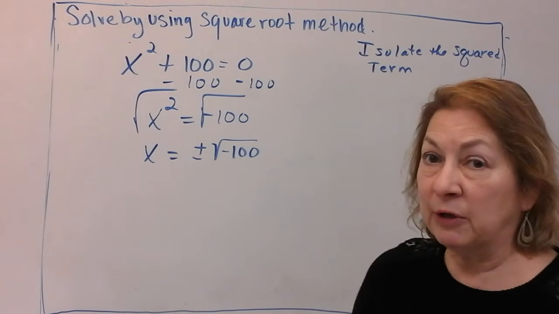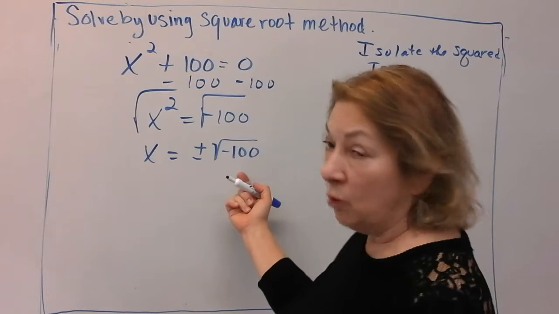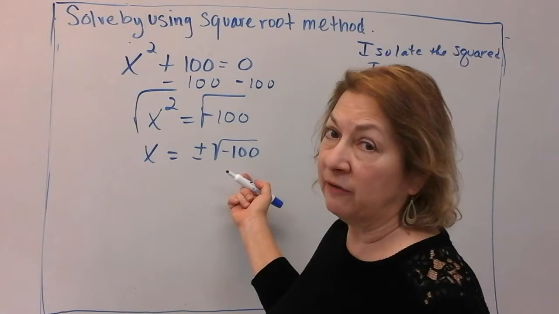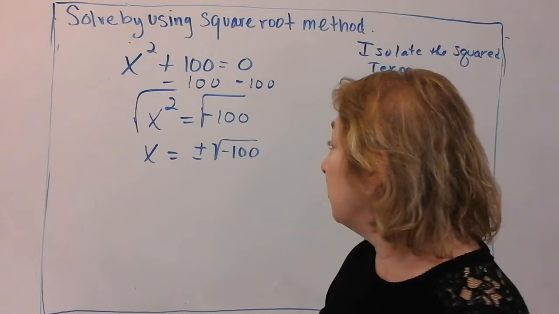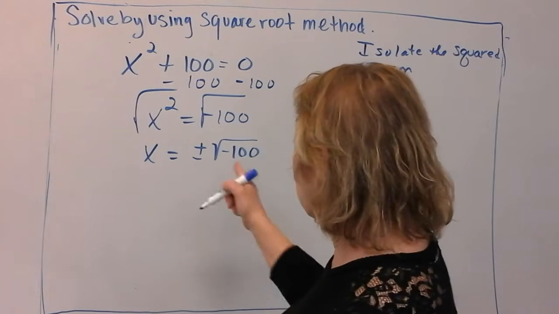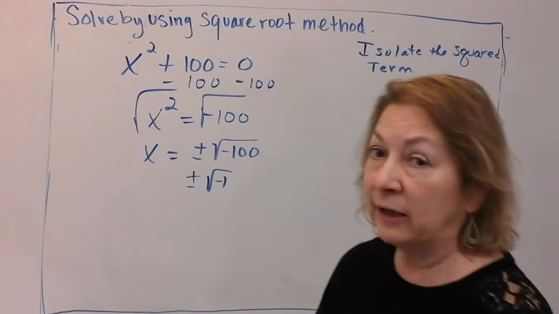Now if the square root can be reduced, you have to reduce it, and we know that normally speaking we should not have a negative under the square root. But in this case, we're going to use our imaginary numbers, our complex numbers, and we're going to break this up. If you remember that the square root of -1 is i,